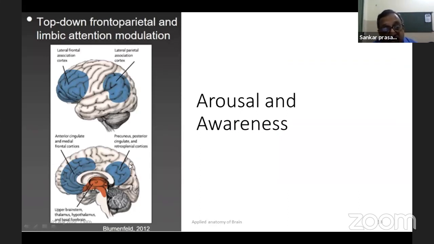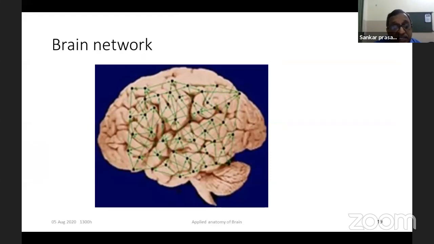Now, I just wanted to ask, what is association cortex? Association cortex is a vast assembly of neurons present in the cerebral cortex in all the lobes, apart from the primary sensory and motor areas. These are the areas where memories are stored. So these are the networks which